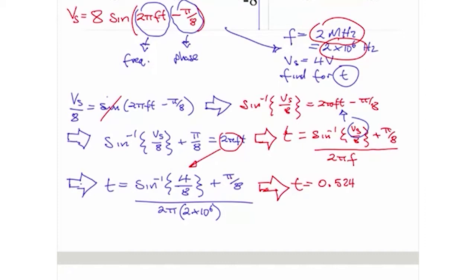Okay, so when you're using trig and you've got pi's involved, always put your calculator in radians mode. So sine minus 1 of 0.5 in radians mode should give you 0.524. And then you work out what pi by 8 is, of course, and you should get 0.393-ish. That's just rounded